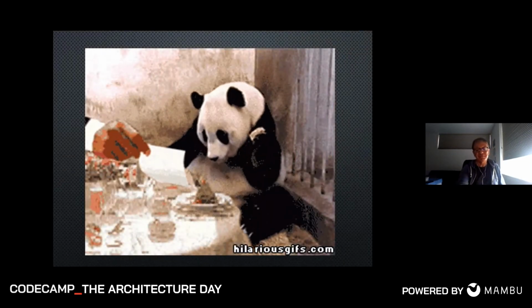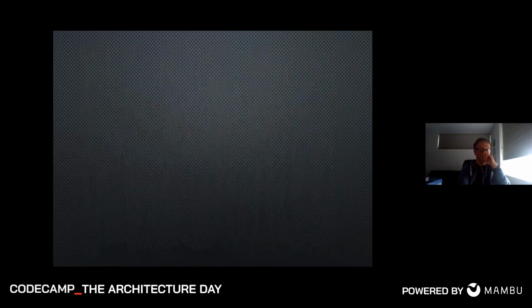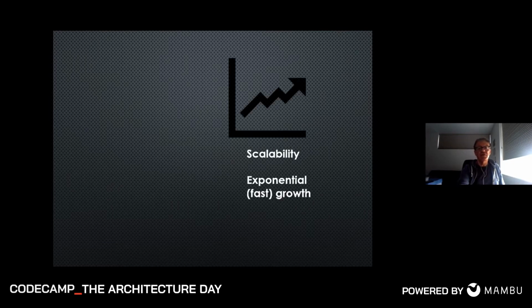So scalability is an interesting issue when you dig deeply into it. What you really want is for your system to be designed so it can scale exponentially. So as the workload grows, your resources can handle an exponential growth in load.